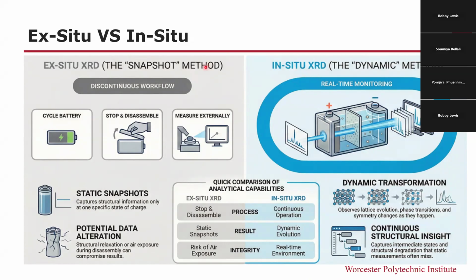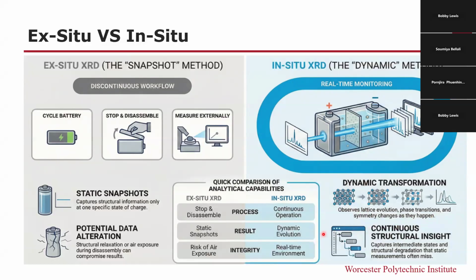On the left, ex-situ XRD follows a snapshot approach where the battery is first cycled, then disassembled, and the cathode is measured separately. This method provides structural information at specific states of charge, but it may miss the intermediate phases. On the right, in-situ XRD allows us to monitor the crystalline structures in real time during charge and discharge. In this process, the battery is placed in a specially designed X-ray transparent cell, and the diffraction patterns are collected continuously, which enables us to directly observe the dynamic transformation, which is essential for understanding how cathode materials behave